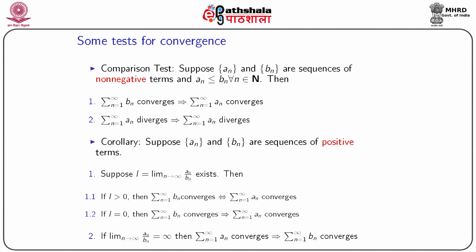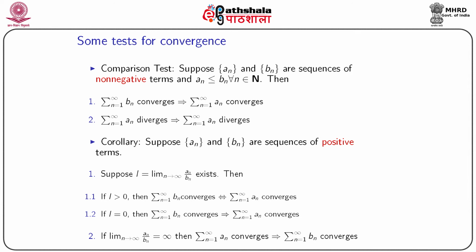One important corollary is that suppose a_n and b_n are sequences of positive terms, and suppose L is equal to the limit as n tends to infinity of a_n over b_n exists. Then if L is greater than 0, we say that the sum over b_n converges if and only if the sum over a_n converges. If L is equal to 0, then we say that if the sum over n from 1 to infinity of b_n converges,